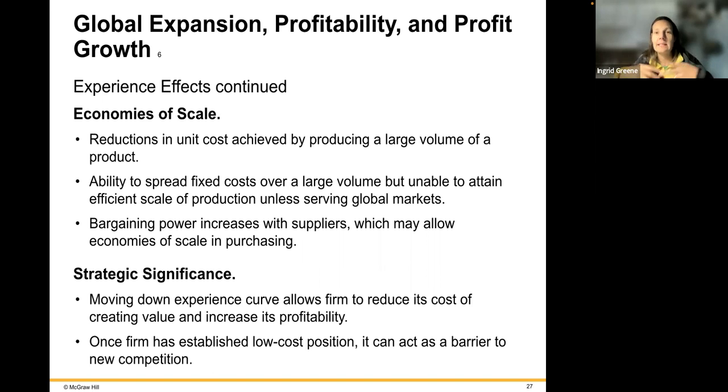So as I wanted to mention, if Intel, for example, rents or buys a building in Arizona, that's a fixed cost. But if they didn't serve global markets with microprocessors, then they would only be open for one shift 5 days a week, right, 8 hours or so.